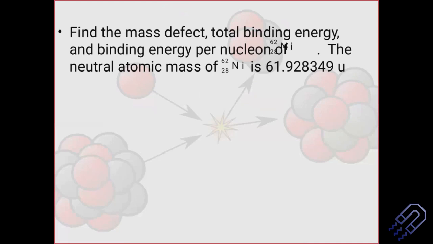Okay, so looking at this, you might think that I will ask you to solve this, but don't worry, I'm not going to ask you to solve this. I've already solved it. I'm just going to discuss some things which are important. So the question says that you have to find the mass defect, the total binding energy, and the binding energy per nucleon of